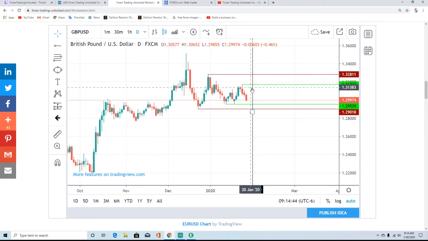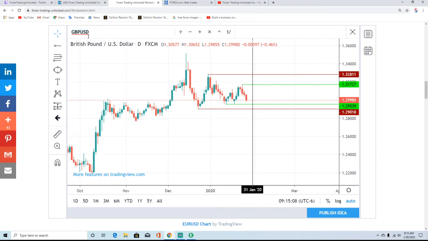How far are they going to go and break out to the upside? Well, if they can get a rally back up above there, especially on Friday as we head into the new week and the weekend, then I think you might start to see the first leg up on a breakout to the upside. So one of these two is going to happen. We just don't know which, but right now I would say I would be leaning on support just because of the dollar bull that is in place.